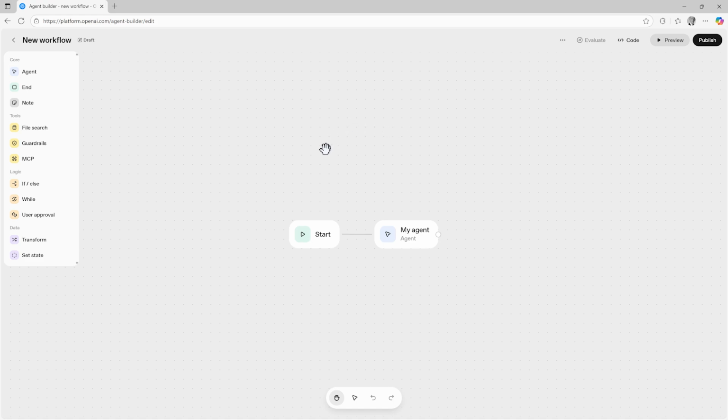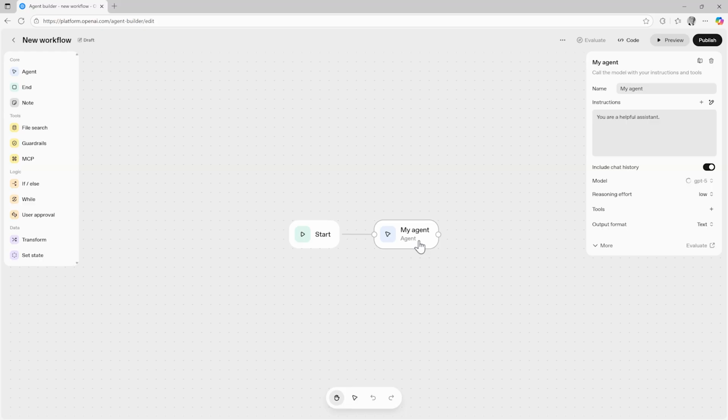You start on an almost blank canvas where you can drag and drop different building blocks called nodes. At the very beginning, you have a start node and an empty My Agent workflow. The agent node allows you to add an AI instance with instructions and options to choose various models. You can add tool calling and define output format to either freeform, structured JSON, or widgets. On the left sidebar, you have various nodes to complete your workflow.